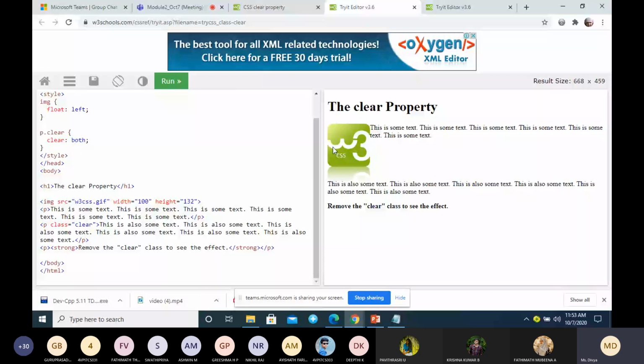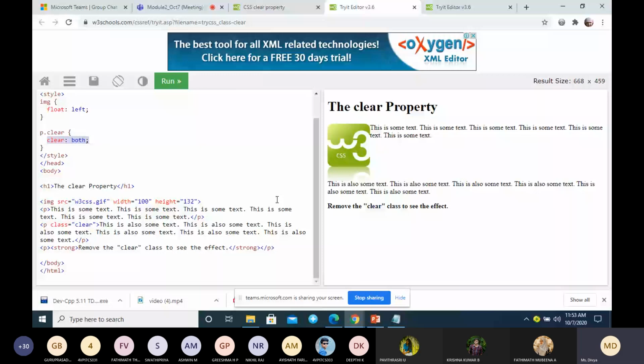Okay. And for the paragraph, that is for this particular paragraph, we are using class is equal to clear. So this is P dot clear. Okay. So this is the name of the class, and we are writing clear both. So clear both means, if you are using clear both, the left and right edge of the element cannot be adjacent to another element.